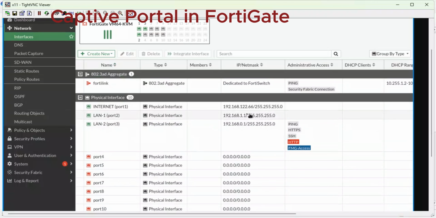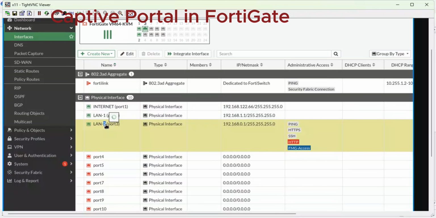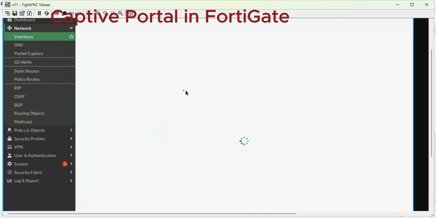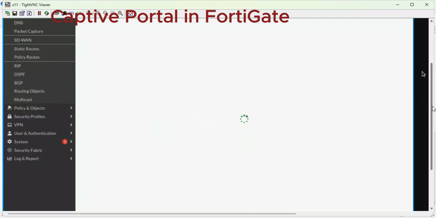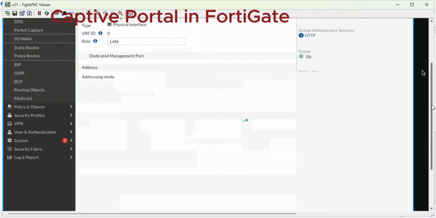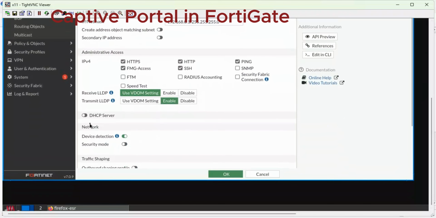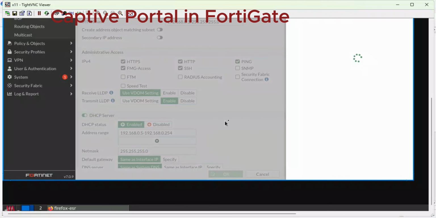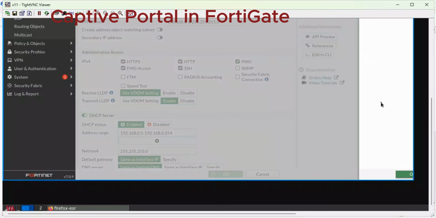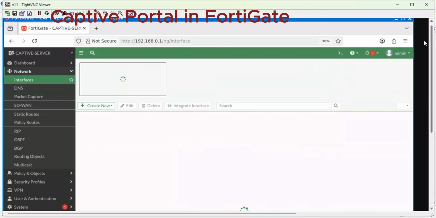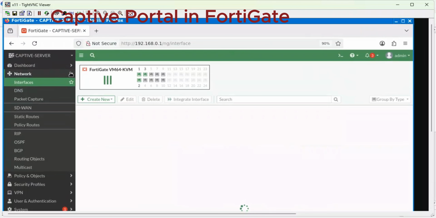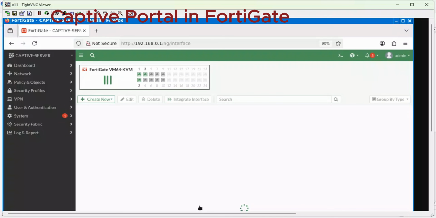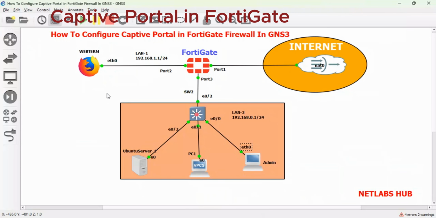So LAN 1 is this one. These are the commands that I configured on the browser, on the CLI. So I'm enabling the DHCP on LAN 2. Once done that, you just come here, you enable the DHCP, you give it 5. So I'm done. So the first thing, I'm creating the rule so that LAN 1 here, this one, can access